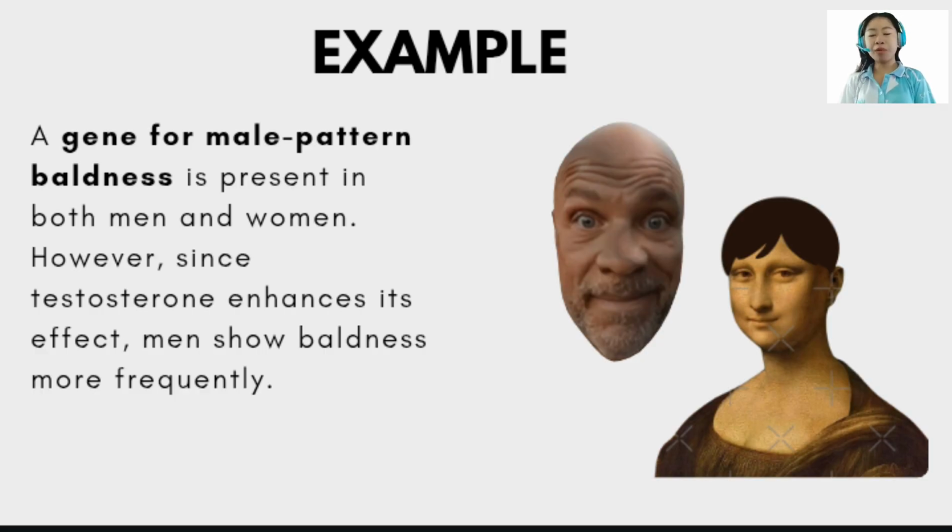While, for example, in females it is breast development. While both sexes have mammary gland-related genes, estrogen stimulates their activation more, leading to breast growth in females. So, hormones play a crucial role in determining physical traits by activating specific genes. Understanding their influence helps explain biological differences between sexes and their impact on gene expression.